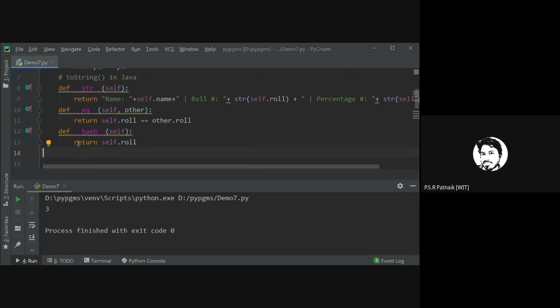The hash codes have to be equal, and if hash codes are the same, then you have to mandatorily override equal to return true. I hope you got that point. Have you understood that?